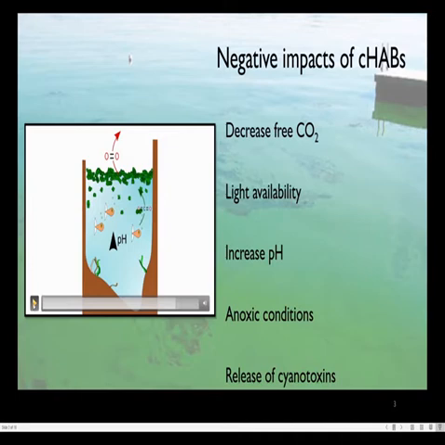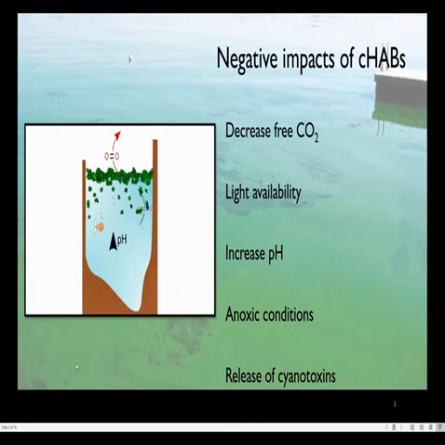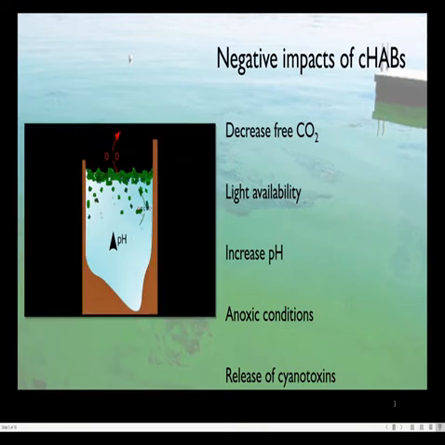This is all very bad for things living inside of the water, and these changes can cause deaths in submerged aquatic vegetation, which can lead to anoxic conditions, lack of oxygen. That lack of oxygen can result in the death of other higher trophic level organisms such as fish. Now, all these are really bad, obviously, but I want to focus on something that's even a little bit more concerning in my opinion, and that's their ability to release cyanotoxins into the water.